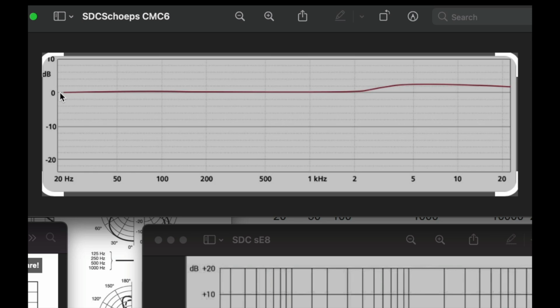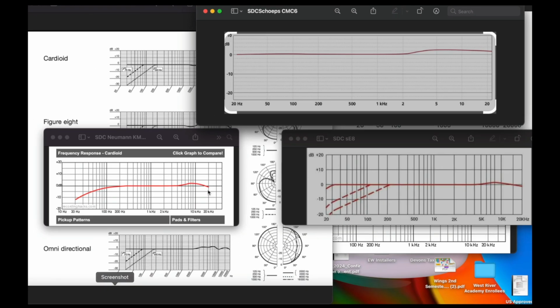But if you look at this ruler flat from 20, it doesn't drop down like the SE does. It's completely ruler flat from 20 all the way up to 2 kilohertz, then a gentle lift from 2 peaking at 5K, and then it holds that lift and gradually drops off by about a half a dB down to 20K, and at 20K it is still up about 2 dB, where these mics are down about 2 dB